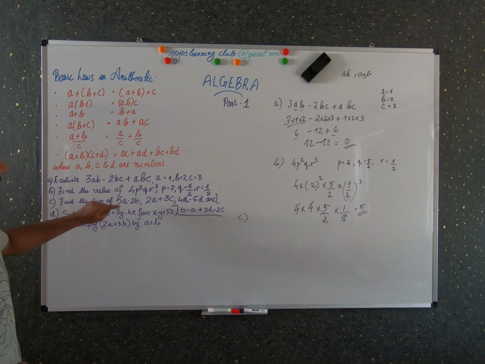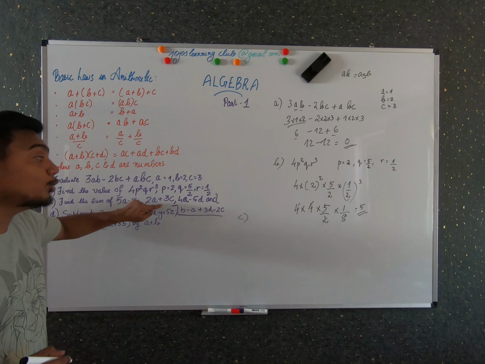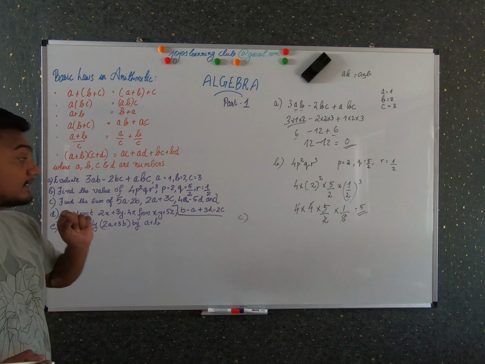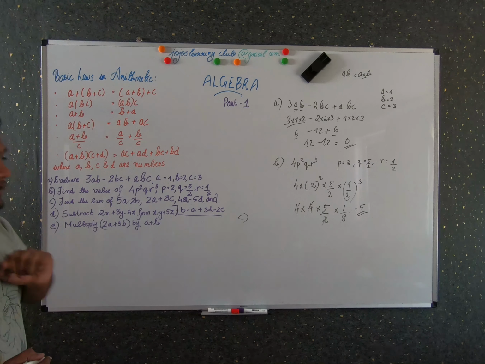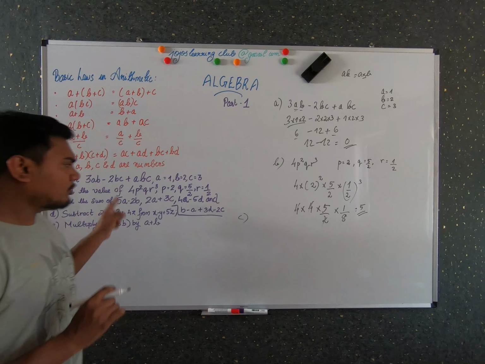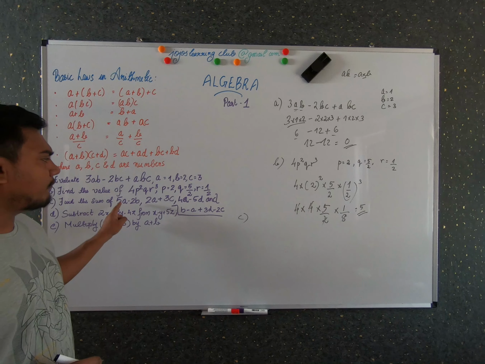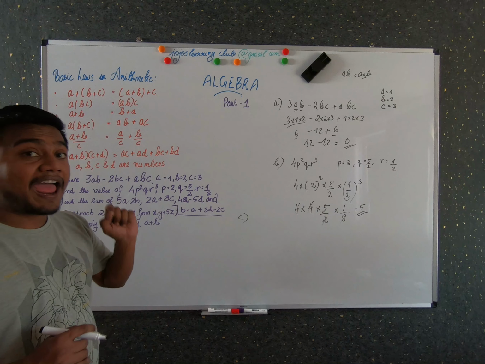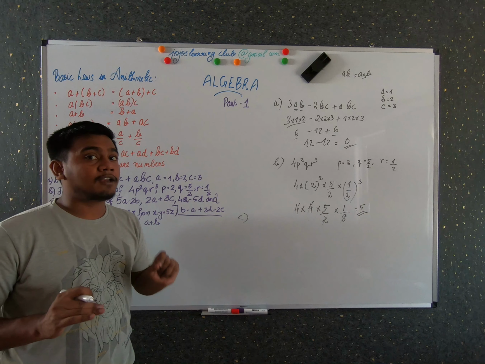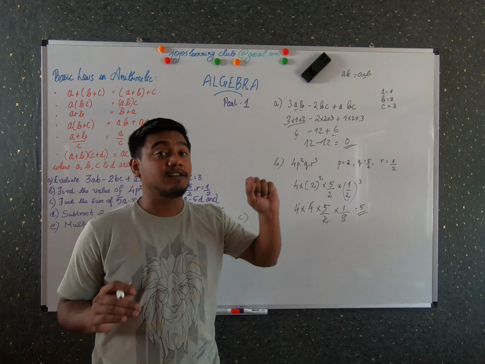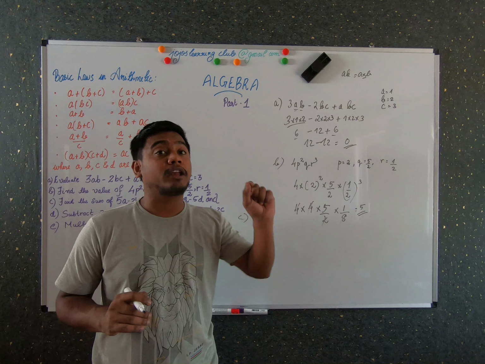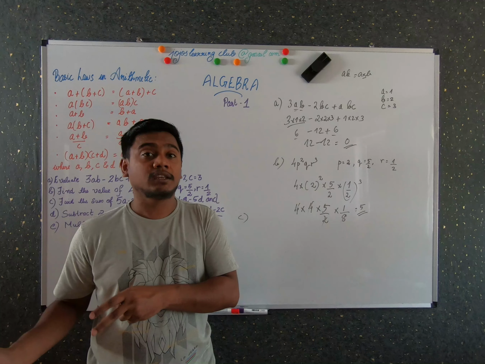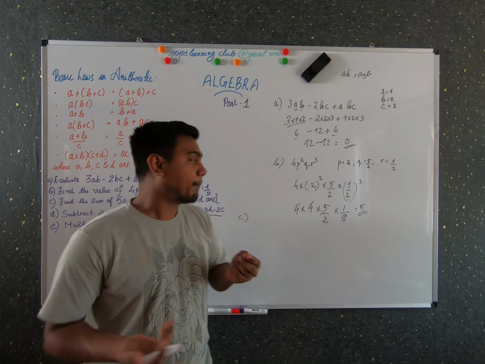Find the sum of 5a minus 2b, 2a plus 3c, 4a minus 5d, and b minus a plus 3d minus 2c. So when you check this problem, you know that you have 4 algebraic expressions a, b, c, and d. When you add these numbers, you have to be careful that you can only add when these variables are of the same value. For example, you can only add 5a and 2a and not 5a and 2d. I hope you got my point, right?